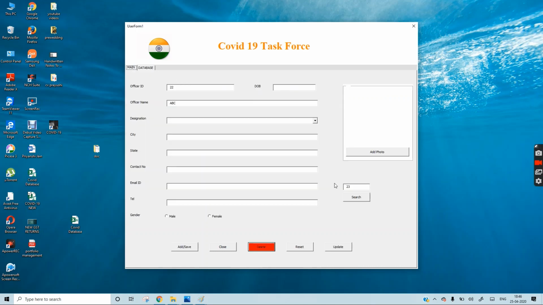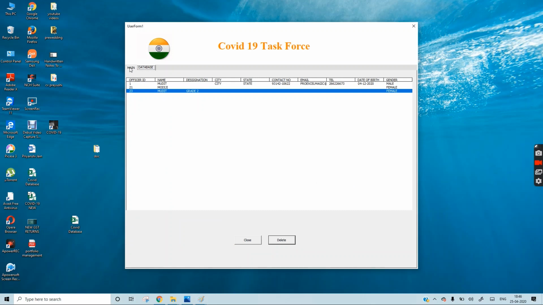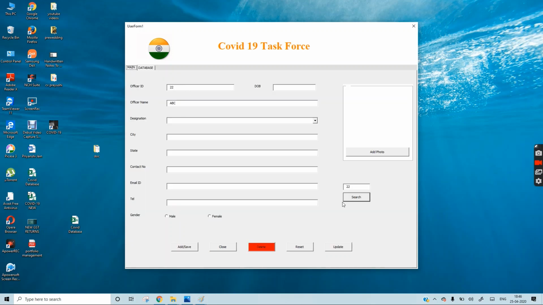Now if we search 23, we have recently updated 23 with a photo. If you search, the photo will come, and when you close this button, the Excel application will automatically close in the background.